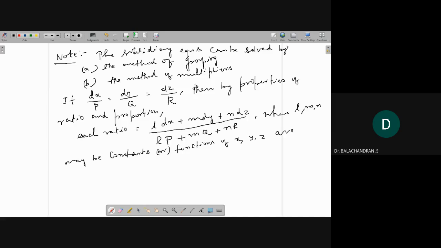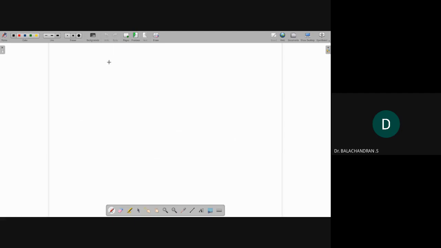The l, m, n are called Lagrange's multipliers. Next, how to choose l, m, n? l, m, n are to be found in such a way that